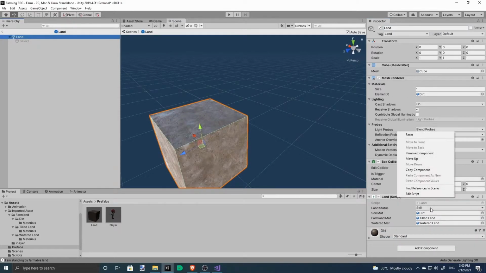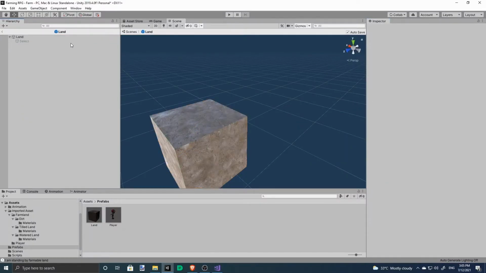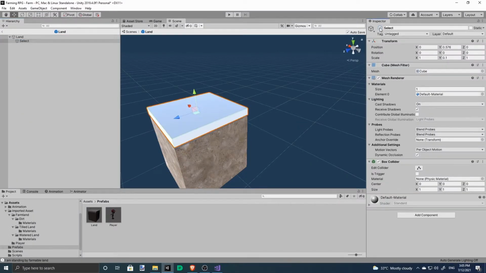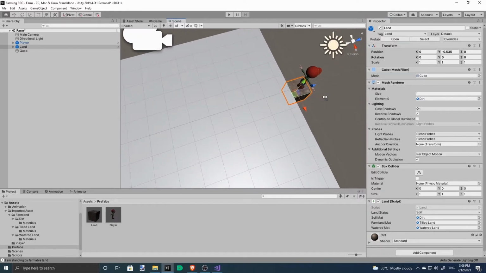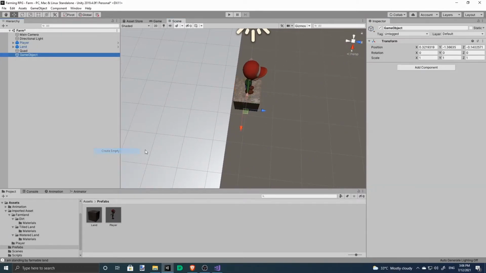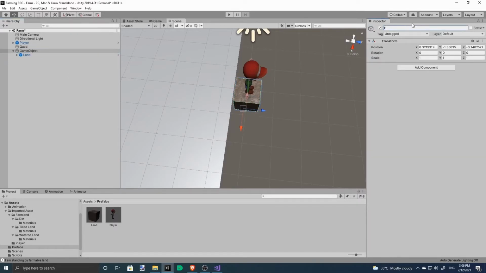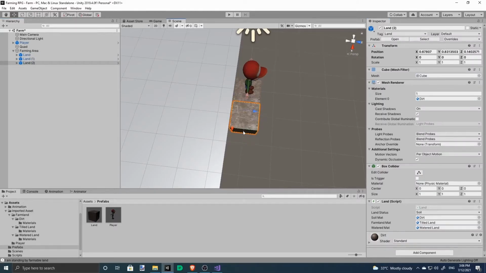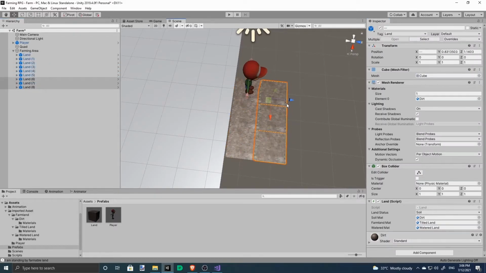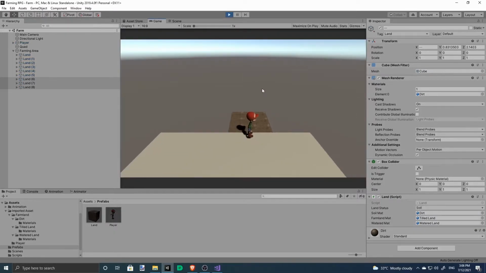So if the player is standing on land, it will set this to be active. Alright. Let's clone a little bit. Okay.